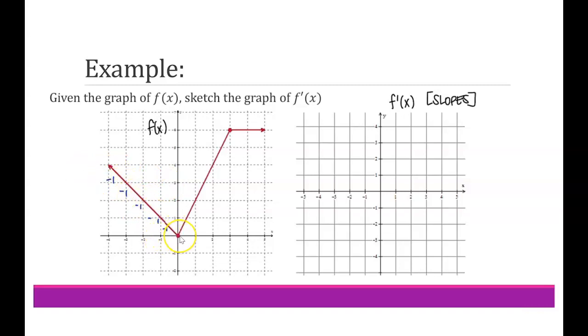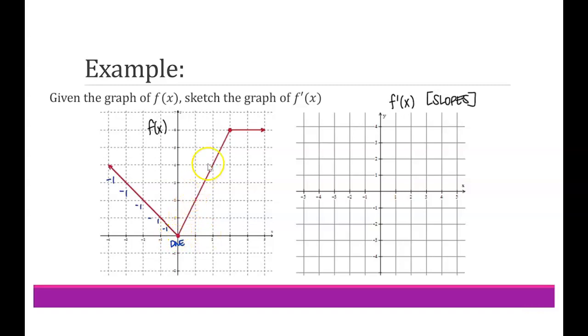And then right here at this corner, I have 2 lines meeting. I know that the derivative doesn't exist there. That's a place of non-differentiability. So I'm going to label the slope at that location as dne. So the slope doesn't exist there, so the derivative doesn't exist there. It's non-differentiable. But right past 0, so 0 is the x value problem location,